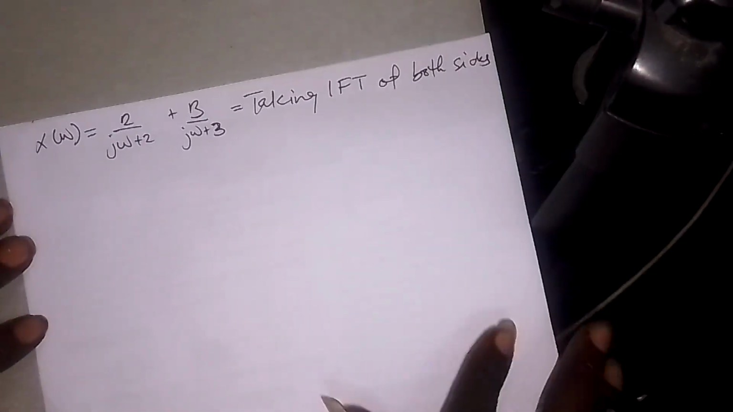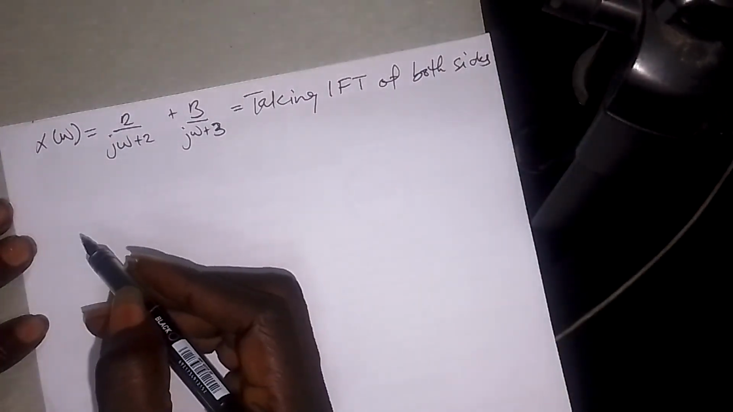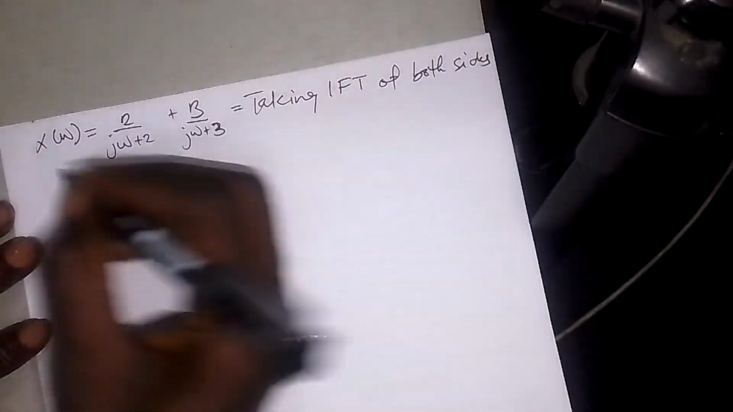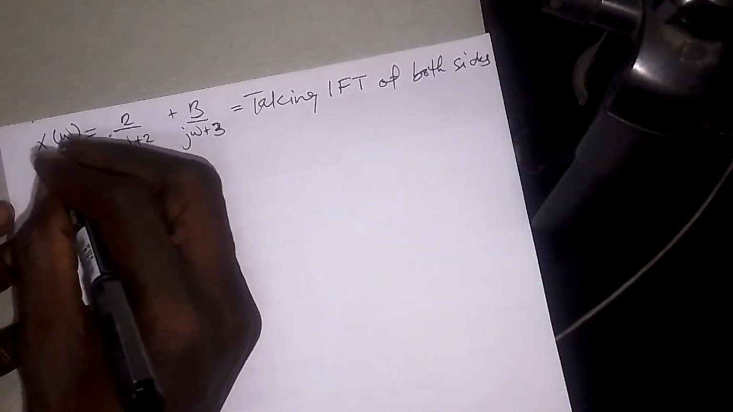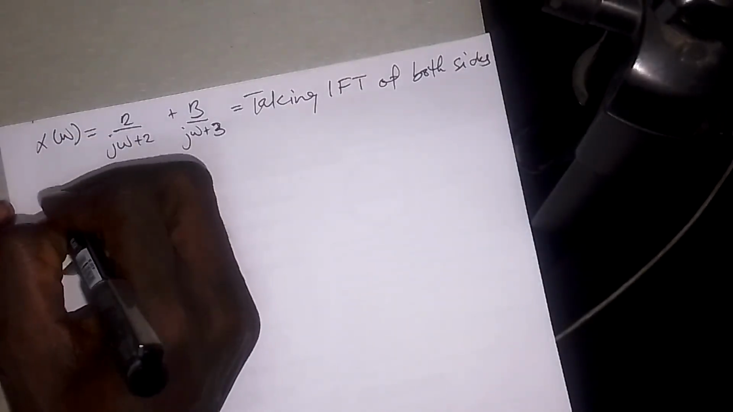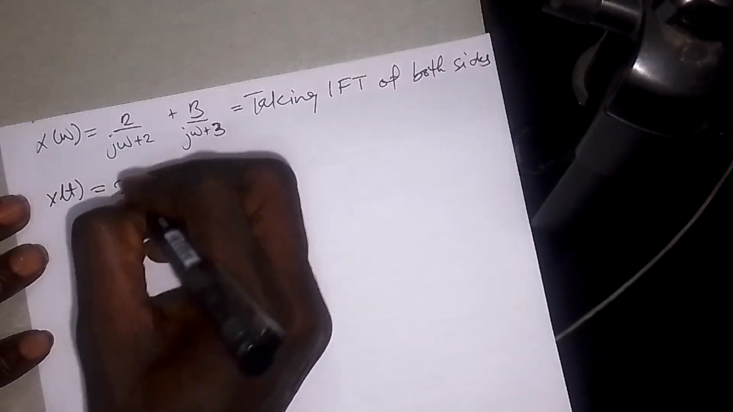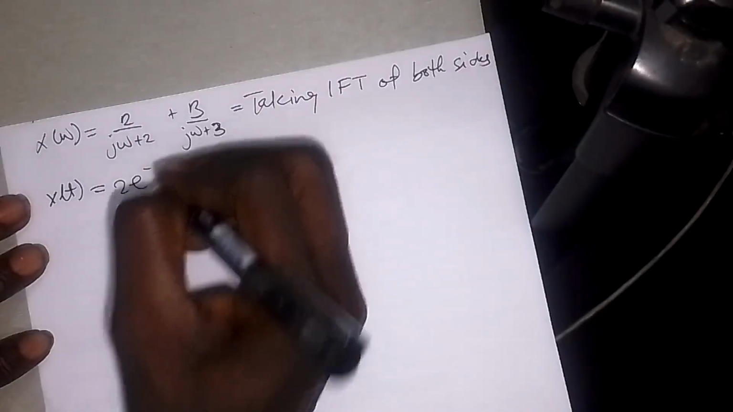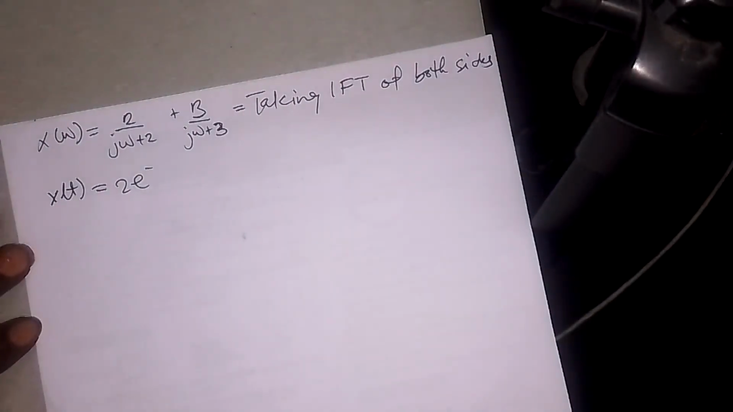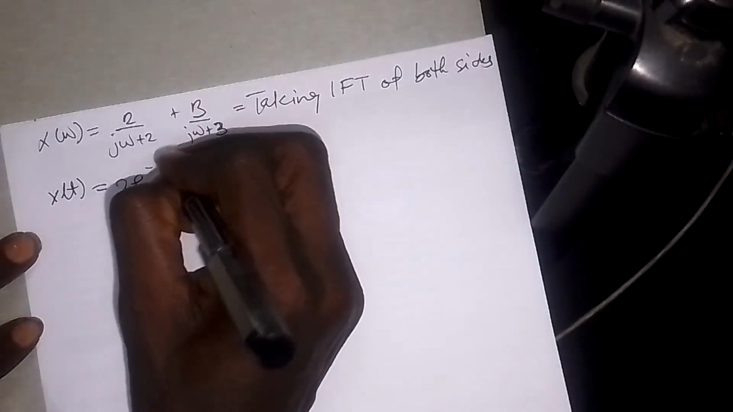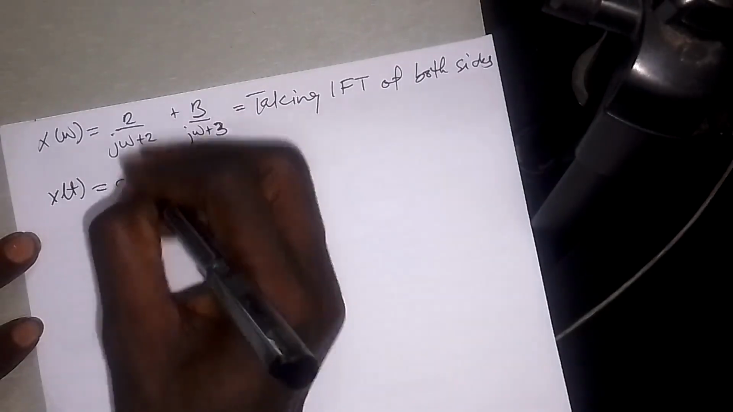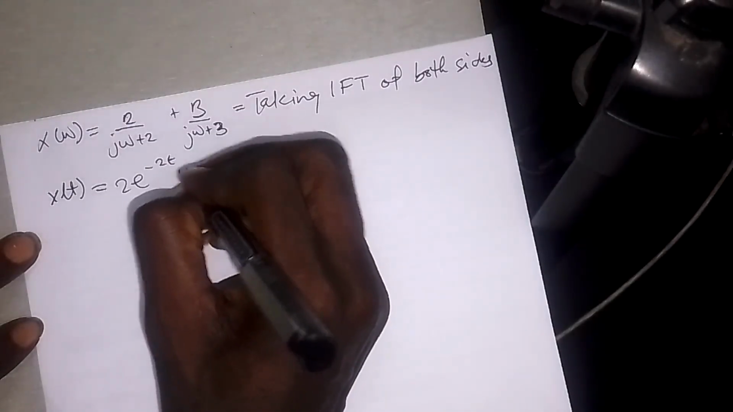Okay, so if I take the inverse Fourier transform of both sides, what I got was that x of t is equal to 2e to the minus 2t, where the minus 2t is coming from here, and this 2 is from here, into u of t, the unit step,